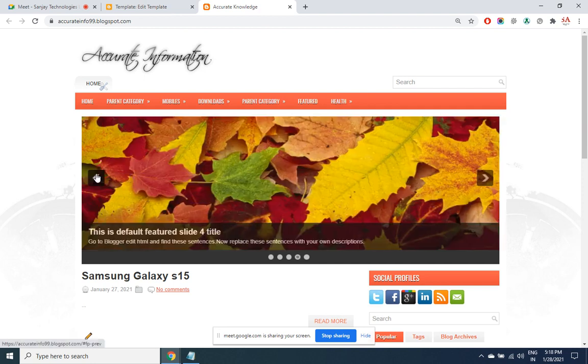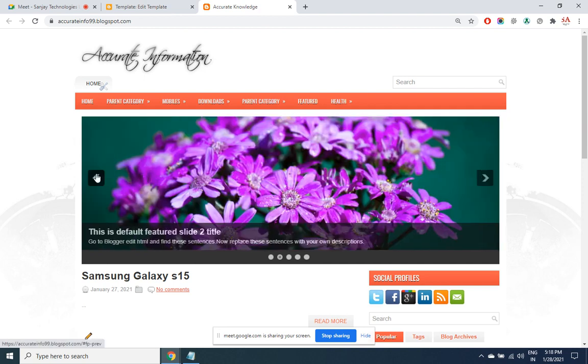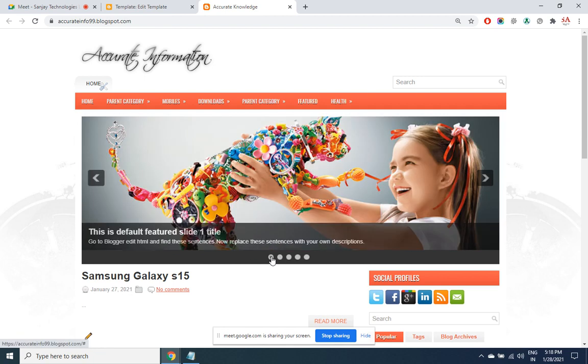Sliders make the site look more attractive, no doubt about it. But the default content and the image in the slider have no match with my website content. I wish to replace it. So let us begin with slide 1. I want to replace the image as well as the content which is coming on the slider right out here. So find an image which is relevant to your content.